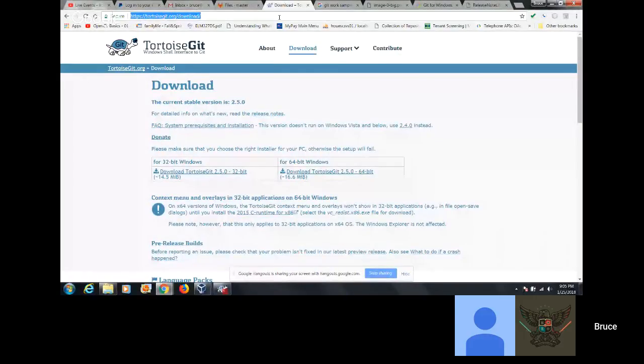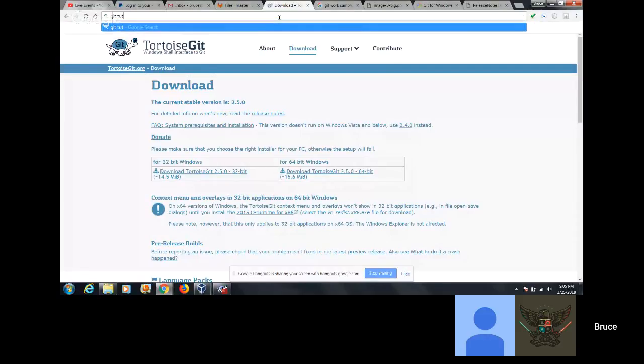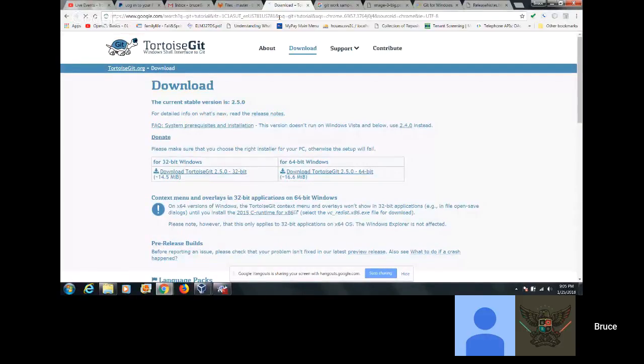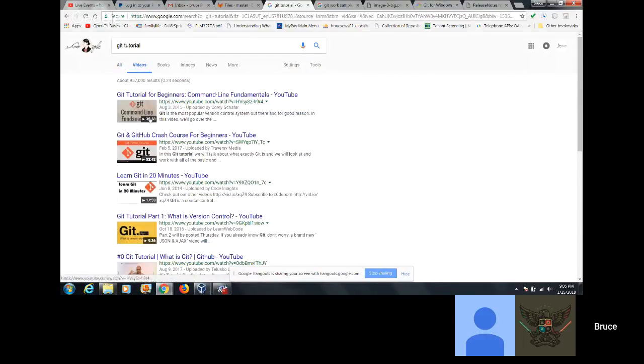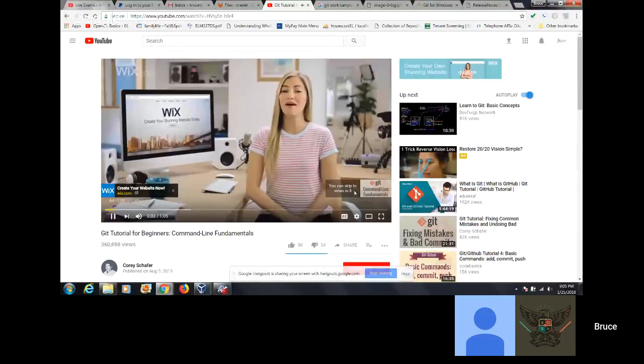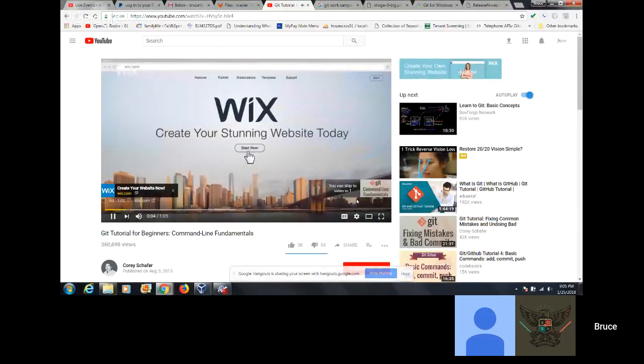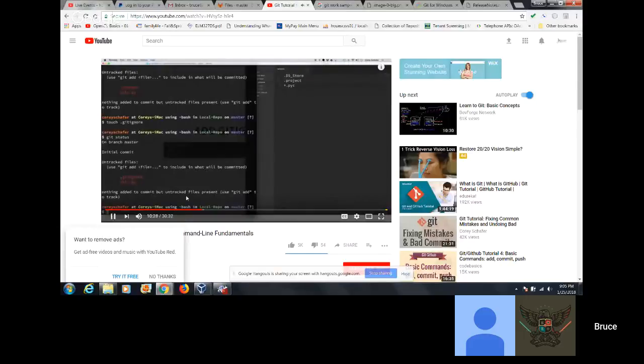When you tell us to look up Git, do you want us to look up videos on how it works? Git tutorial. Is it Tortoise specifically? No, it's Git. Tortoise just makes it easy for you to do all the commands. If not, you would be typing the commands on a command line, like git space minus whatever. We're not going to be doing the command line. Let me show you. The command line thing would look like this.